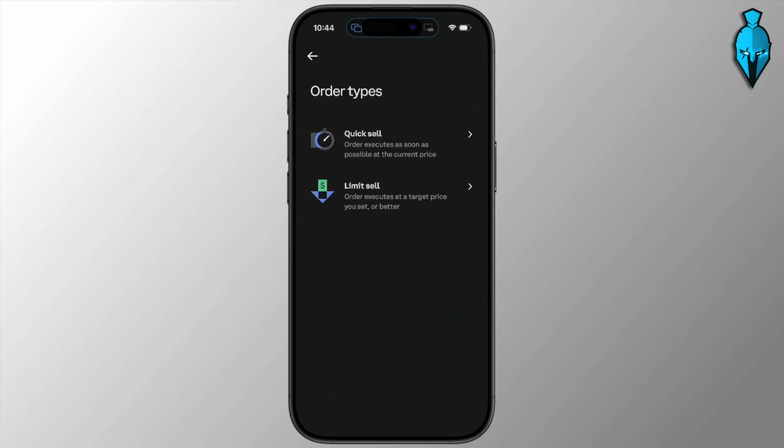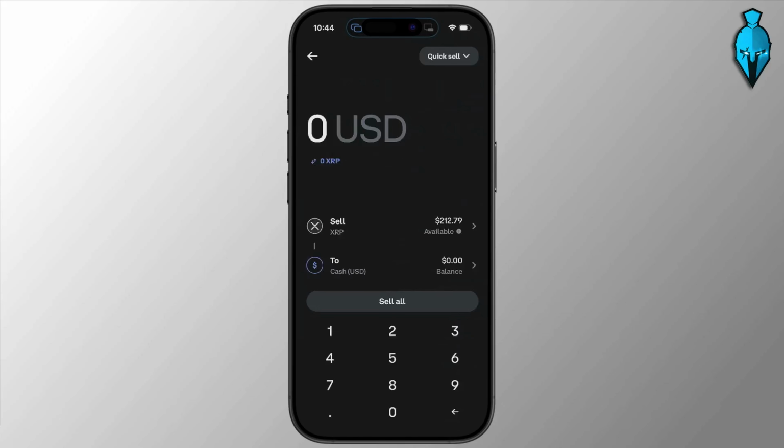Just enter in the dollar amount or the number of shares that you want to sell, and if you selected a limit order, enter in your limit price as well. Hit review order once you're done, and then of course you can go ahead and hit sell and you are good to go. The process really is as simple as that,